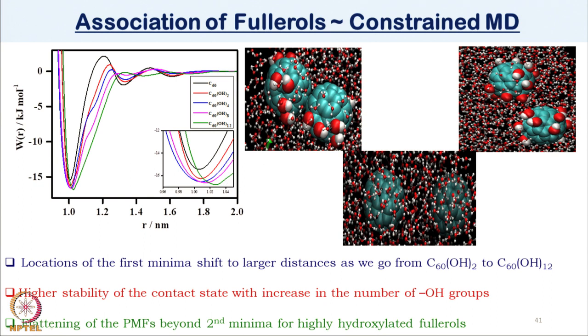Okay. So, this is some example of a molecular dynamics. We have taken fullerols here and calculated the pair distribution of fullerols, and I told you earlier that pair distribution function can be written as e to the minus W(R). So, these really give you the pair correlation function between several fullerol molecules. This is just to give an illustration.